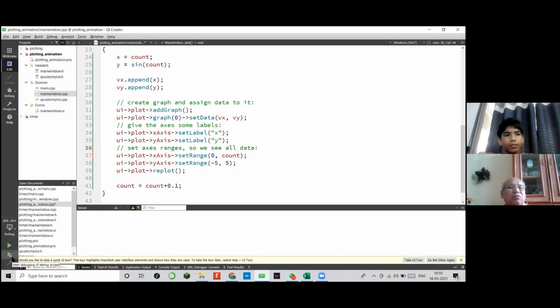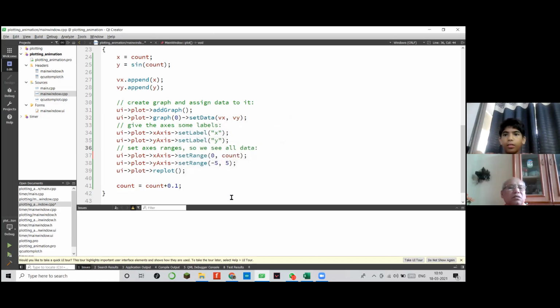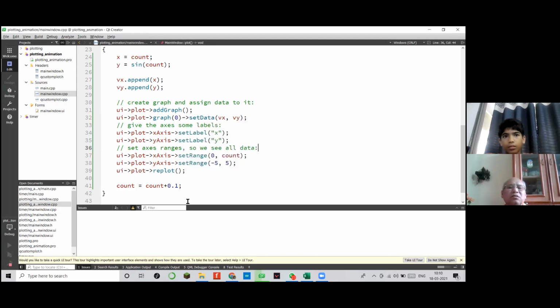What is the debug? Debug, not the top, not that. This is the monitor window, sir. No, below that, at the bottom. Here debug, no. Plot animation, then select all, save all, do that.